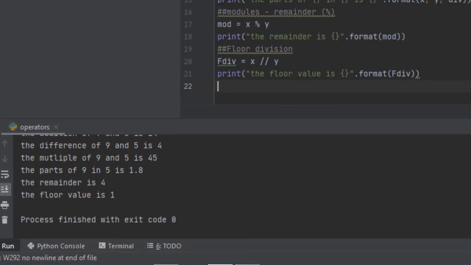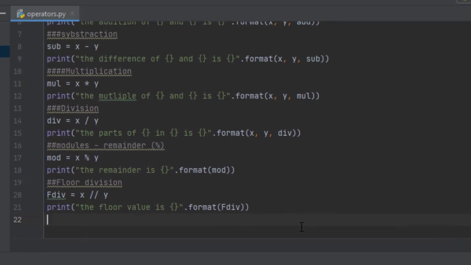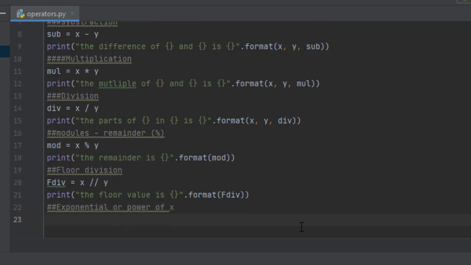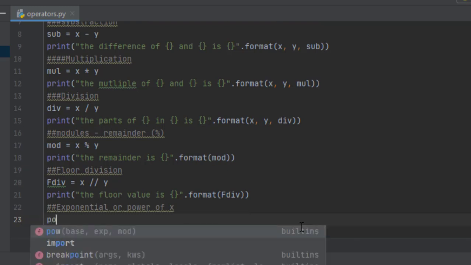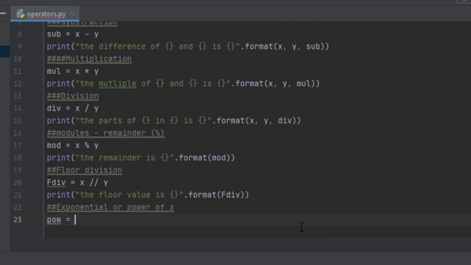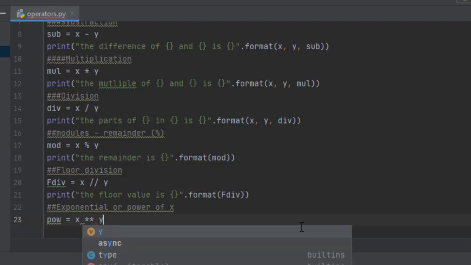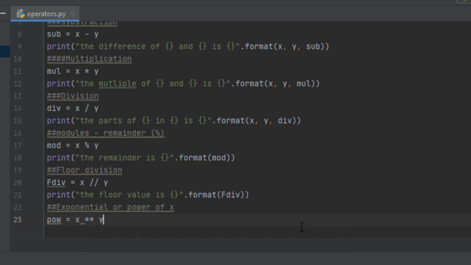And the next arithmetic operator we are going to see is the exponent, or simply I can tell you power of x. Suppose I'll save it as pow and x power y, like it's nothing but 2 power 3.